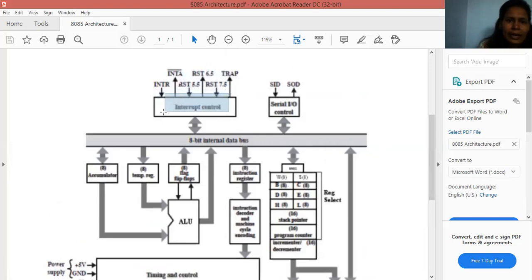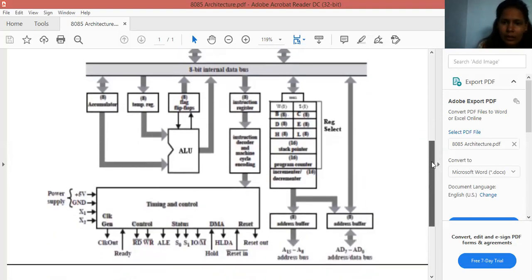This section is for interrupts, and this section is for the serial input output control.